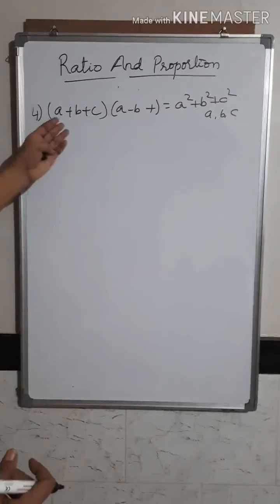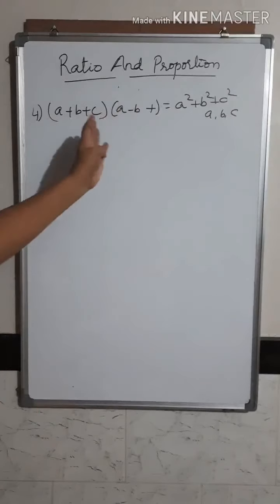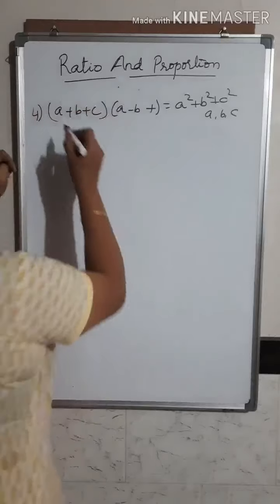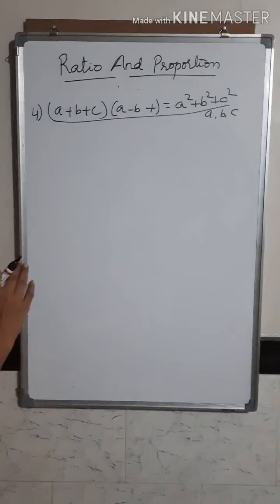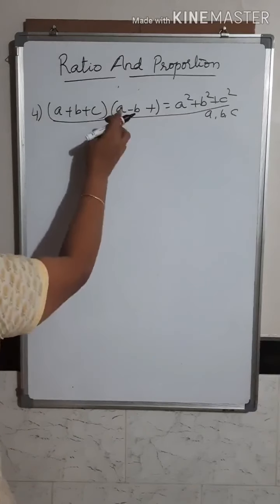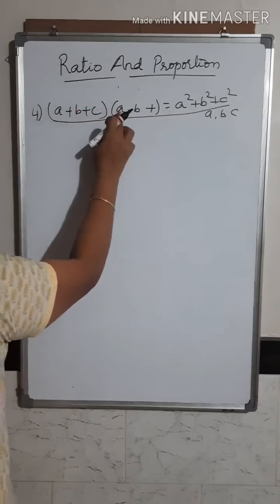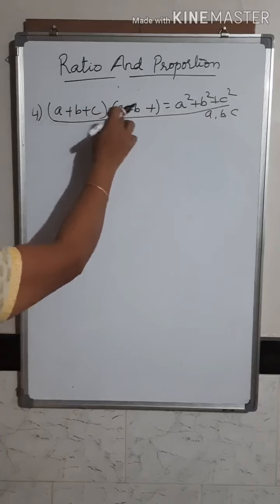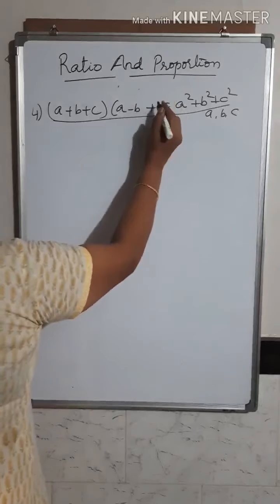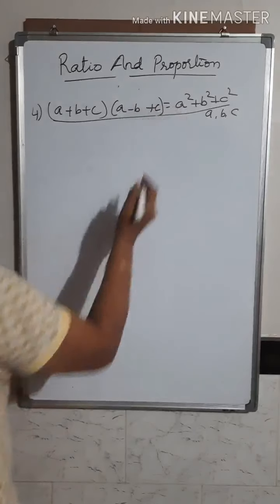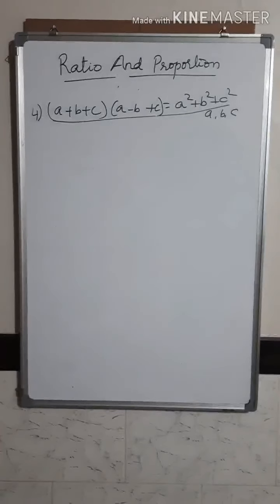For that you have to do the ordinary multiplication and cancel the terms. So this full thing is given. Simplify that one and show that B square is equal to AC. So here multiply all the three terms by A, then multiply all the three terms by minus B, then multiply all the three terms by C. So this is the given problem. Multiply it, remove the brackets and simplify it.